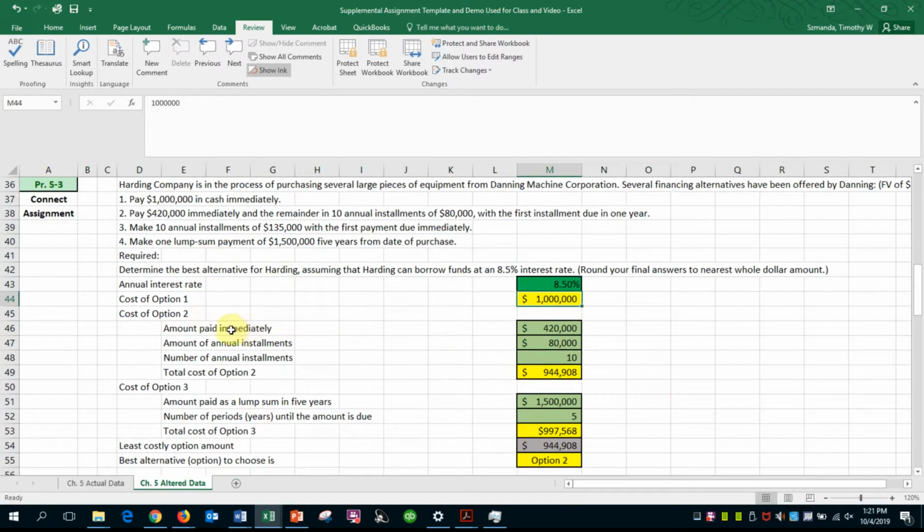Option 2, we can pay $420,000 immediately, and then we have annual installments of $80,000. So that's an annuity, since they're all the same. That's an ordinary annuity. It comes at the end of each period. And then 10 installments. So what I've done in this case then is I've just taken the present value of the $80,000 annuity for 10 periods at 8.5% using my adjusted number. And then I'm going to add that to the 420. So the present value then of option 2 is